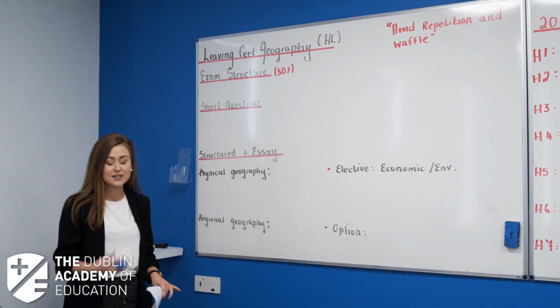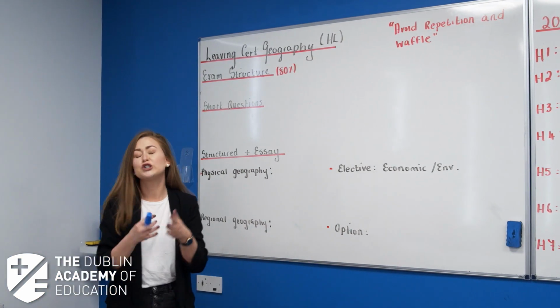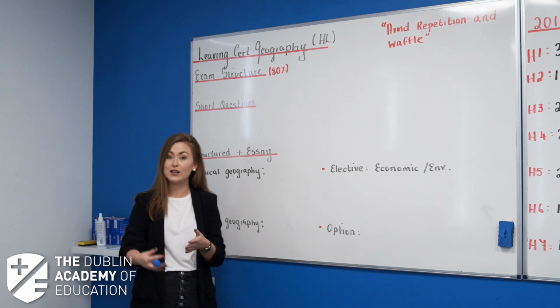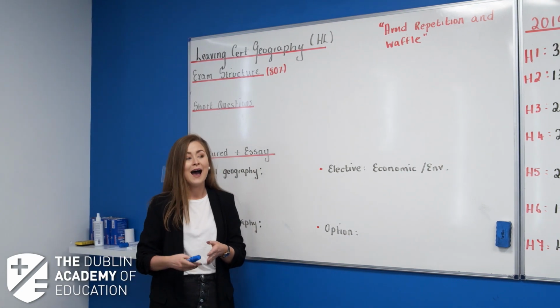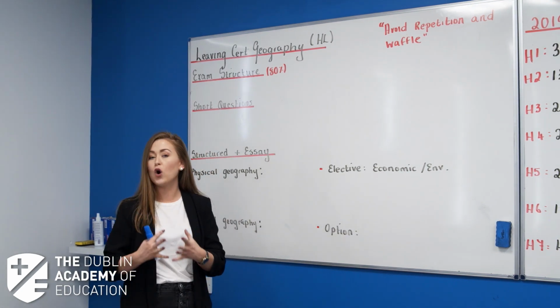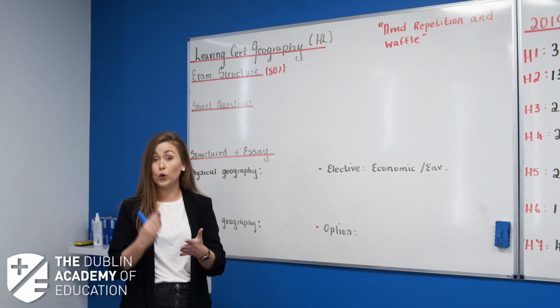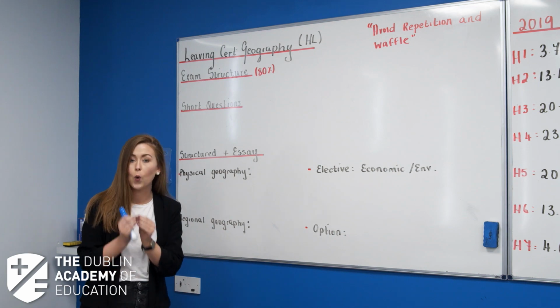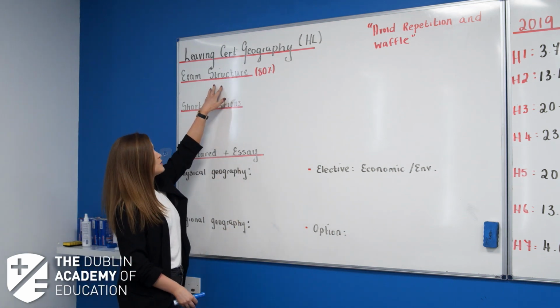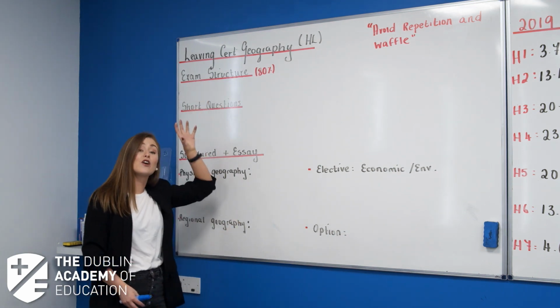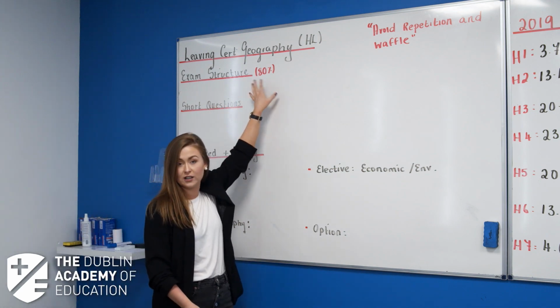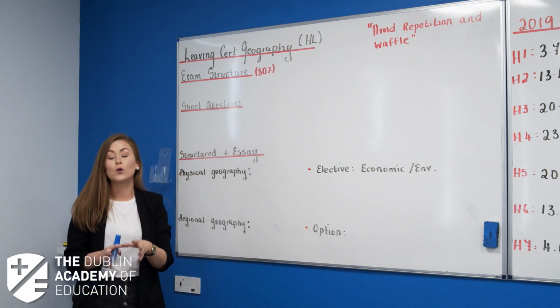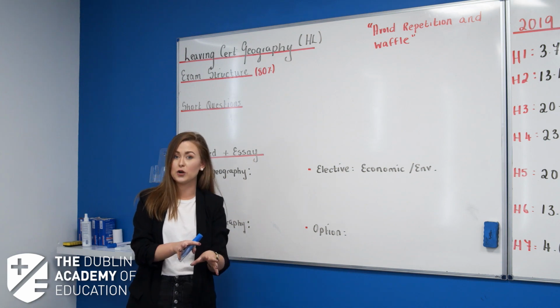Now why I start every single year on the exam structure is I find students don't actually know the structure of the Leaving Cert higher level geography exam. And it's critical when you walk into that exam you know the structure. Why? Because the timing of the exam is so tight. Your exam paper is worth 80% of your final grade, with 20% going for your field investigation, which I'll discuss in a couple of minutes.